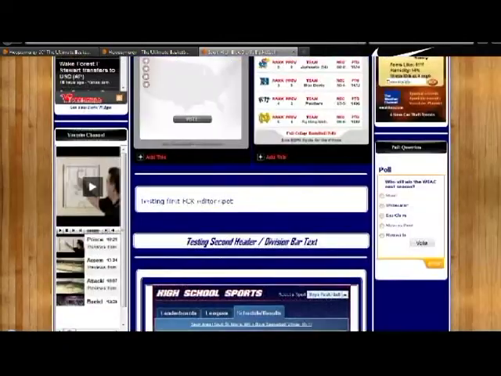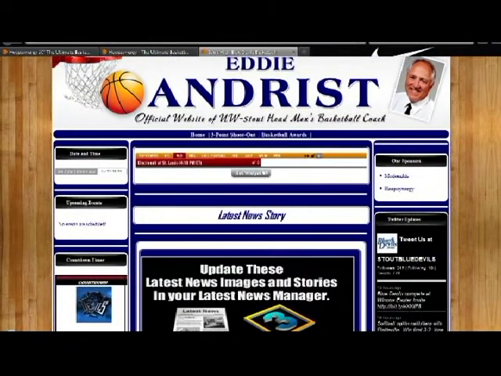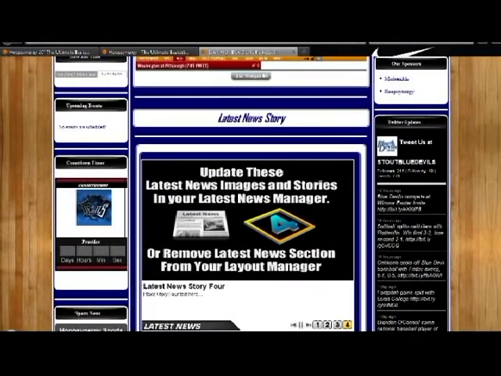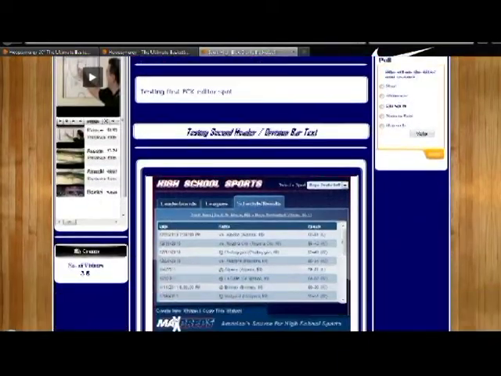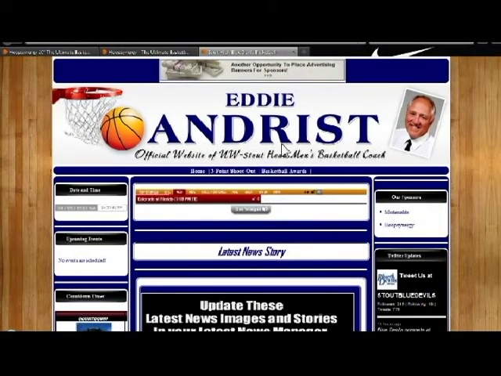So the layout manager really gives, it's just like a ball of clay, and you're able to add, remove simply with a mouse click the sections you want to include on your website. Not only the home page, but the outside columns of every page of your website. You control what information goes there. And then all you have to do is access your